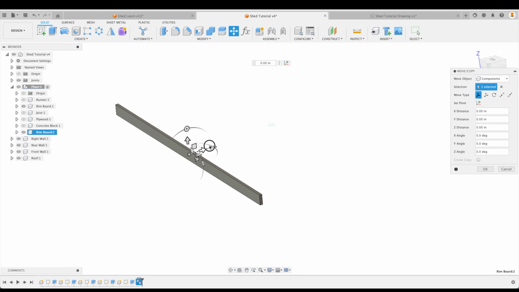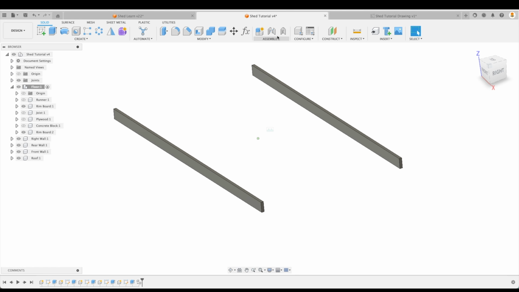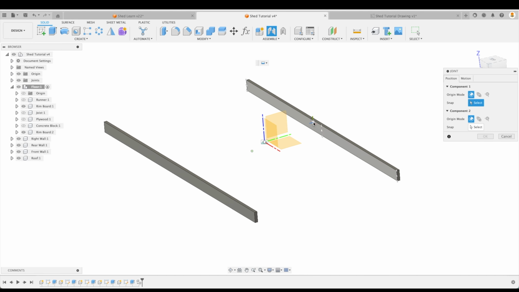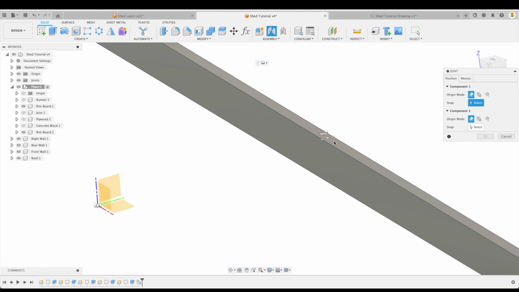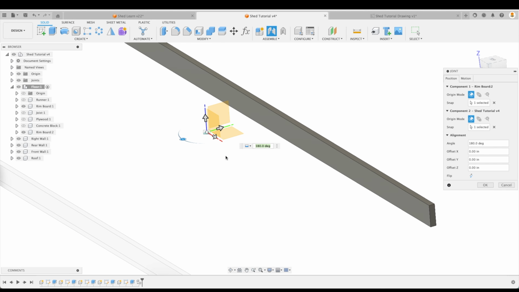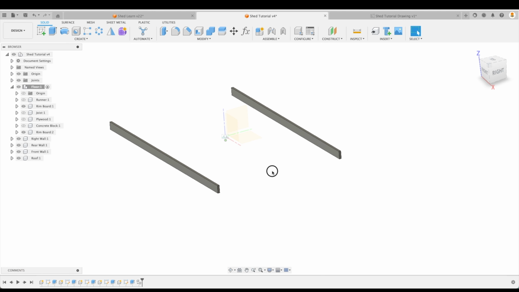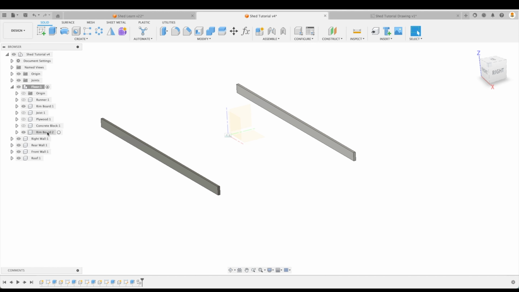Rim board 2. We're just going to move that over. And I can join this to anything I want. I can join it to the origin, or I can join it to this other rim board. But look what I'm going to do. I'm going to select that as well, and move this over 48 inches. And there we have it. So rim board 1, rim board 2,